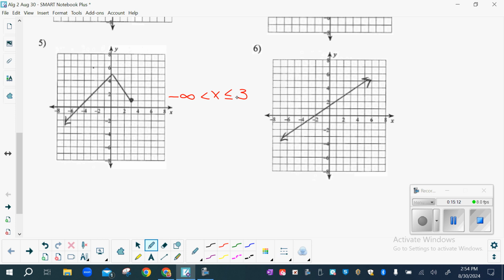So what about number 6? What do you think about number 6? Negative infinity is less than x and less than infinity. That's right, less than infinity. Does that make sense? So we're looking at this arrow, squishing it onto here, going to negative infinity. This arrow goes to positive infinity. Okay, so on your home